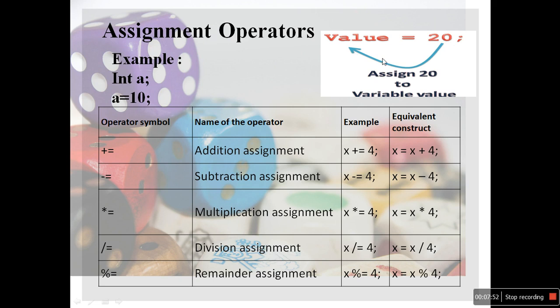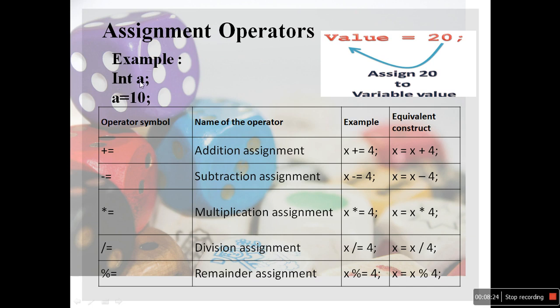Okay. So what is the conclusion? Number 20 is assigned into value. Value is a variable, and we can take whatever name we want. We can take our own name also. Once again, we are taking an example: int A. Here int should be with a small i, but due to my keyboard setting, it becomes capital. So we will consider int here as small. Okay.